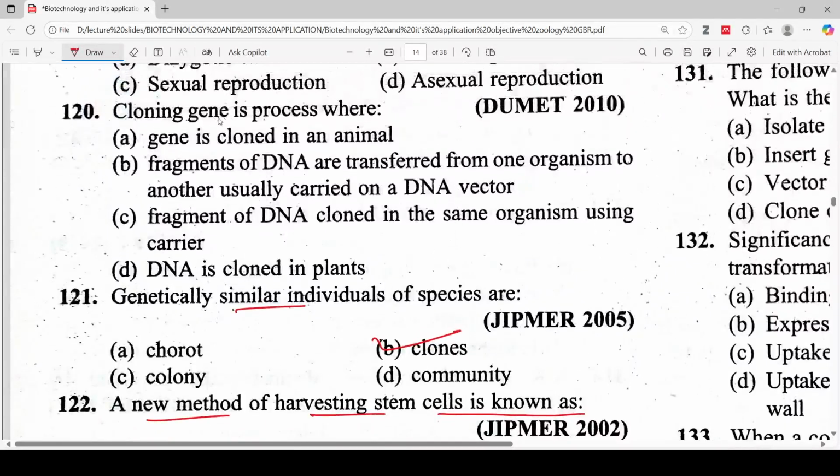Next question, cloning a gene is a process where the gene is cloned in animals. Fragments of DNA are transferred from one organism to another, usually carried on a DNA vector. Fragments of DNA cloned in the same organism using carrier DNA. Cloned in plants. So the correct answer is option B. The fragments of DNA are transferred from one organism to another, usually carried on the DNA